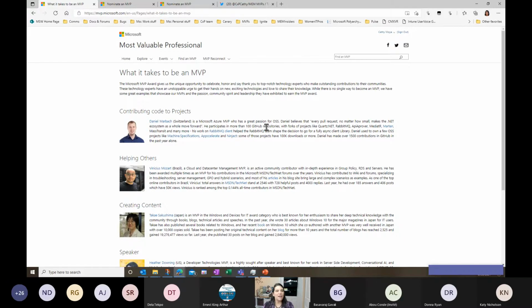Keep a spreadsheet and keep track of, and I actually don't know exactly what's in there, but you can talk to some of the other MVPs who have gone through the process, and they can tell you more about how they had to fill out the form. I've never actually seen what the form looks like, but where you did it, what was the date, who did you talk to, how many people were there, what kind of things did you cover, so that if at some point you are nominated, you're going to have all of this information to be able to go back and plug into the system there. So give the same talk 5 times.